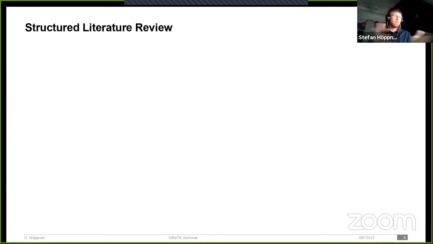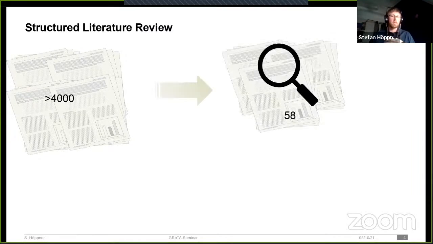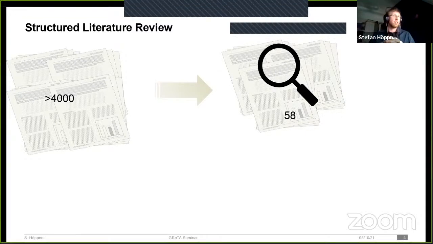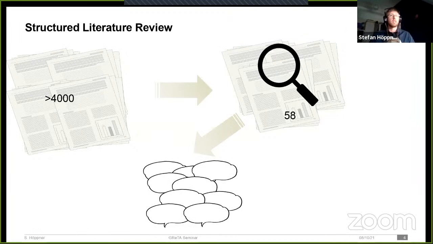So the basic structure of what I've talked about right now is what we did on a large scale in a structured literature review. In this literature review, we searched through 4 different literature search engines and filtered through around 4,000 publications, from which we selected a total of 58 publications which fit our selection criteria, and extracted from those all the claims about model transformation languages that were made in the publications, as well as all evidence and substantiations that were presented within the publications.